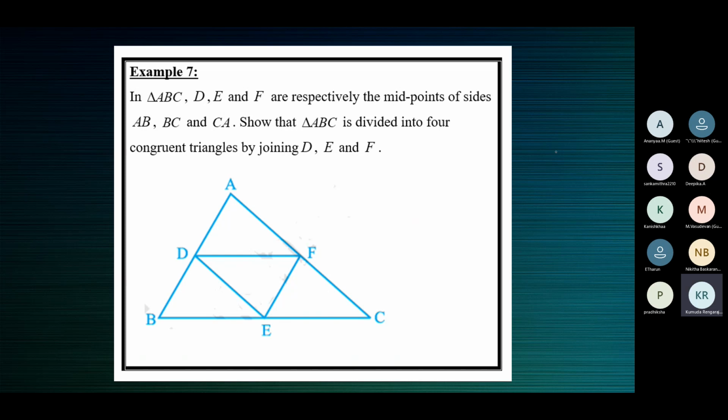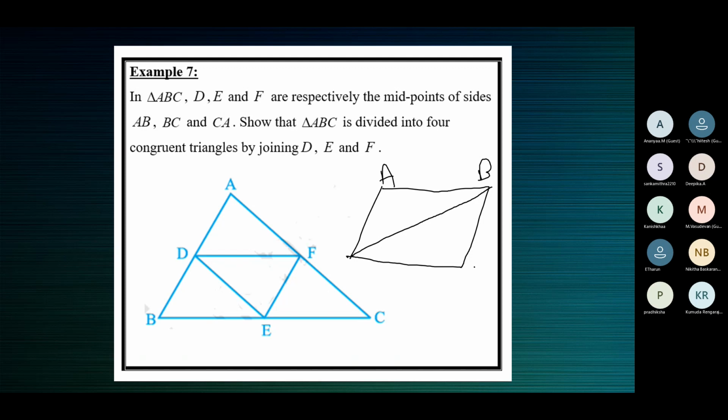The diagonal of a parallelogram divides it into 2 congruent triangles. ABCD is a parallelogram. Now connect any diagonal. See, now we can show that these two triangles are congruent to each other. In this triangle and this triangle, this side is equal to this side because opposite sides of a parallelogram are equal. This side is equal to this side, again opposite sides equal, and this is the common side.